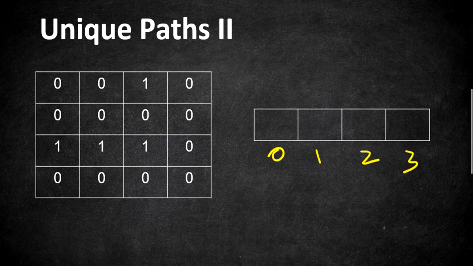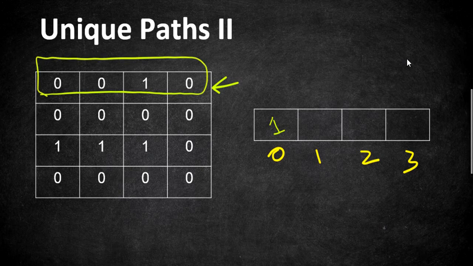So we are going to fill in the values in such a way that, starting from the first row, to reach the cell 0, 0 is going to be 1. So we are going to fill our first value as 1. So first consider only the first row, where the values are 0, 0, 1, 0. So if we are filling the values, the possibility of moving to the next cell is going to be 1, and further we cannot move as there is a block.